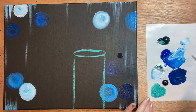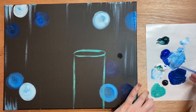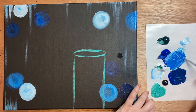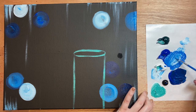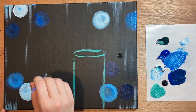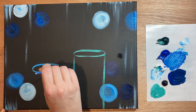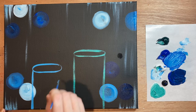And then let's see, I'm gonna do a light blue one. Again, kind of doing that medium light blue, not too dark, not too light. But you want to make sure it feels frosty. Okay, and let's do one, kind of a medium-sized one. We're gonna go further over here with this one. Perfect, and then just pulling that through